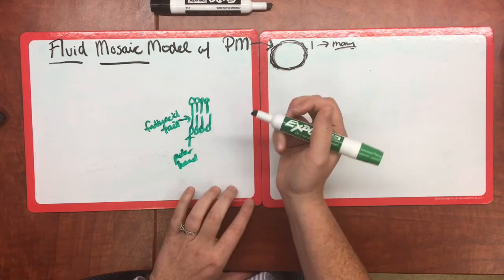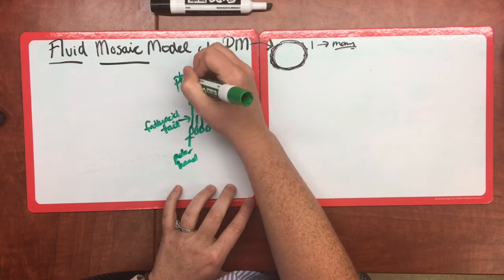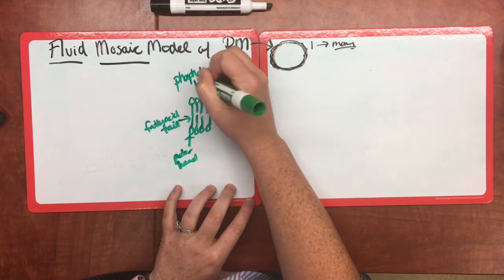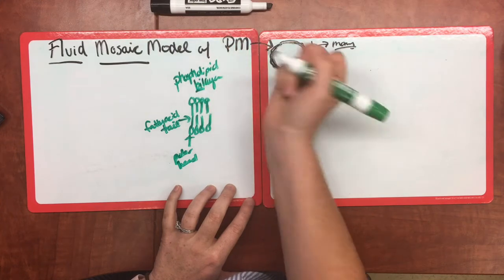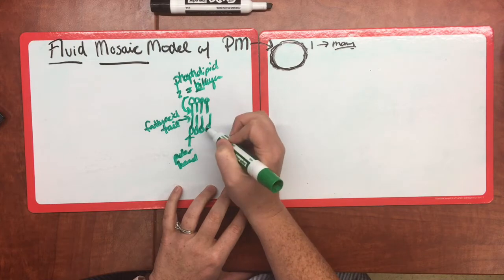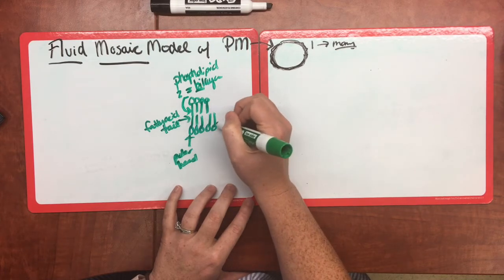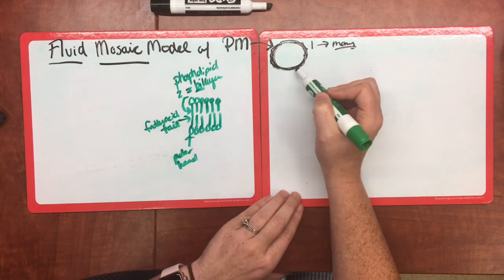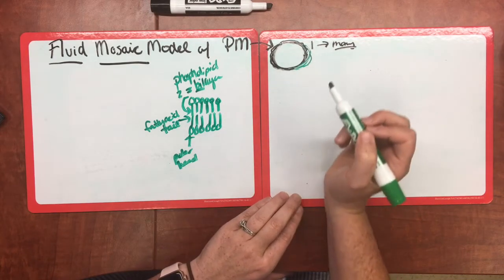And so it's a phospholipid bilayer. Bi means two, and that's what you see here, 1, 2, okay? So it goes in this kind of orientation, and this is the gate that's starting to form around the cell,